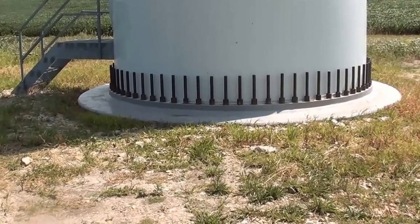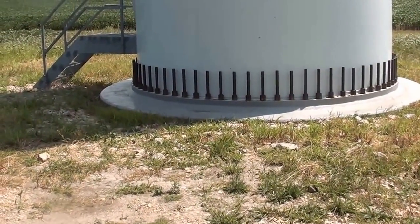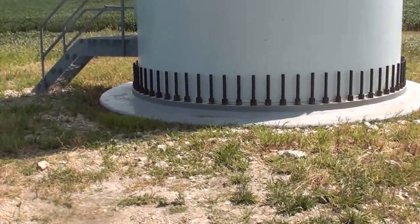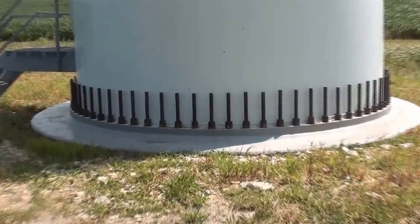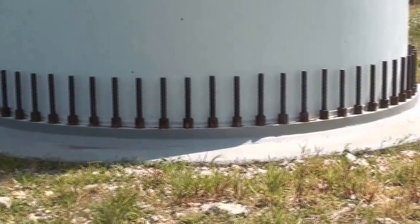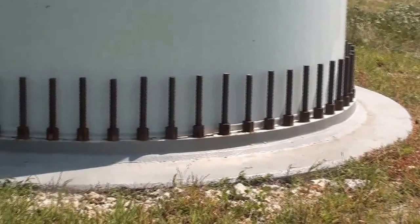About 5 years ago I was here when they put the foundation in for this windmill, and it's amazingly deep, and the quantity of concrete is quite impressive. But look at all the bolts here holding this thing down. Blades get ice like an airplane's wing. Oh yeah, and then the ice can...